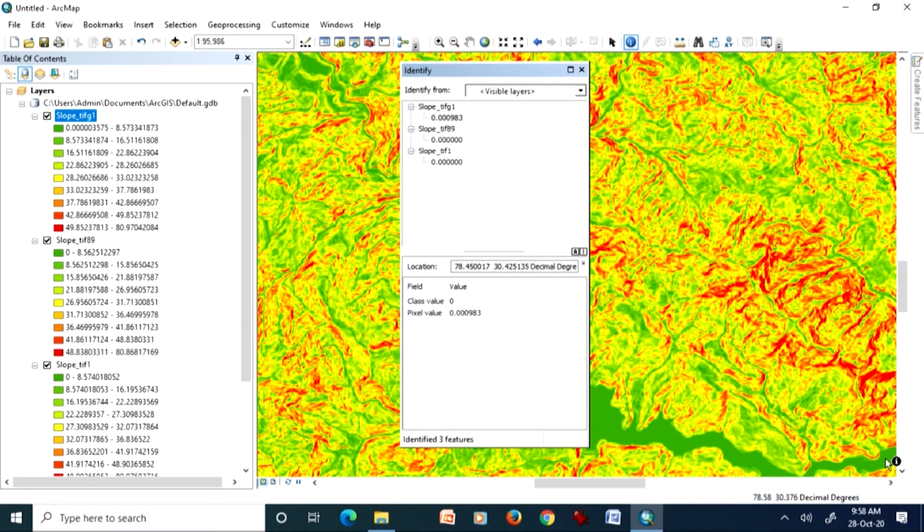Now let me try some other part which is not part of the reservoir but part of the river. Again, in our two planar methods with the two different z factors, the value is 0, but with geodesic z factor 1 we are getting some value.